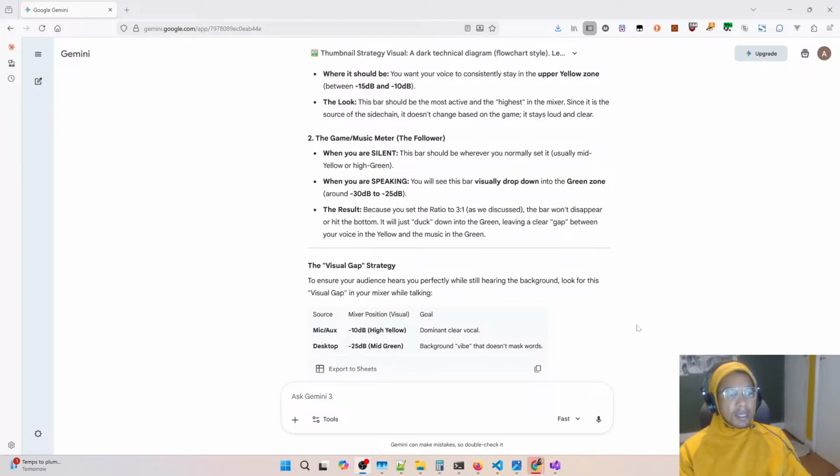So when I'm speaking, it said I will see my voice visually drop down in the green zone. So in the ratio, if we do it 3-to-1, well, I think, I don't know,